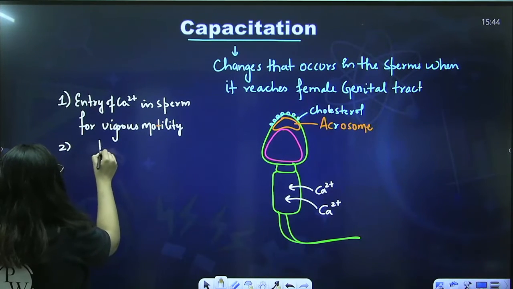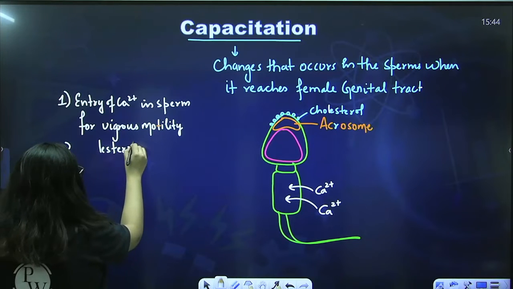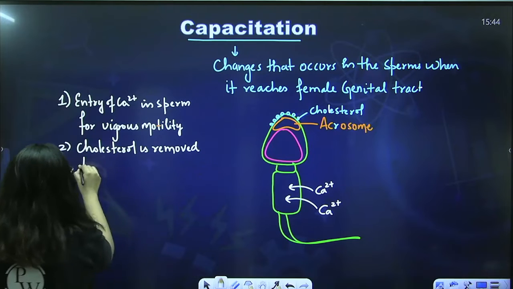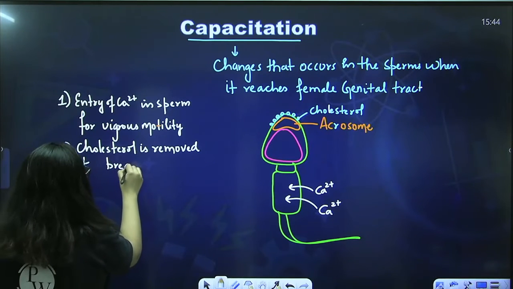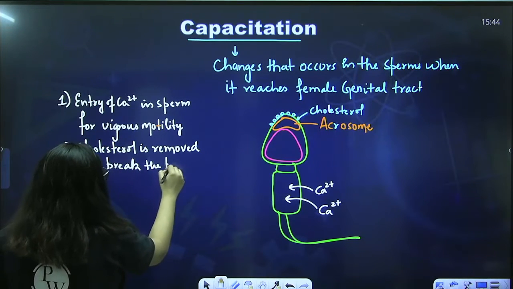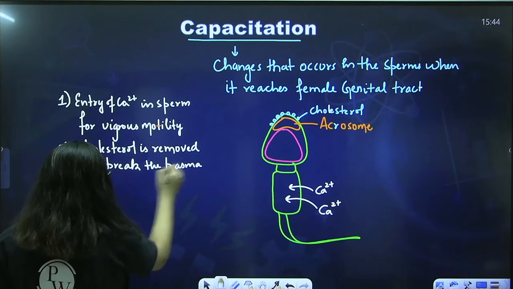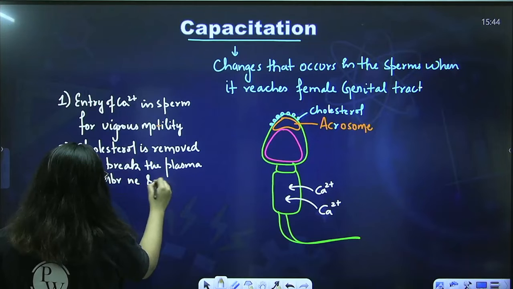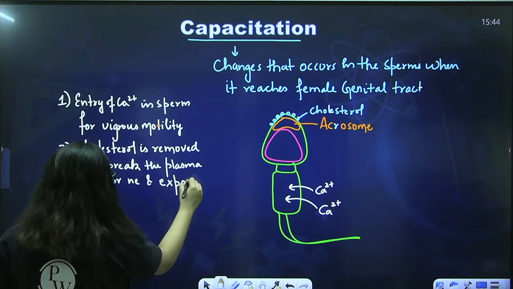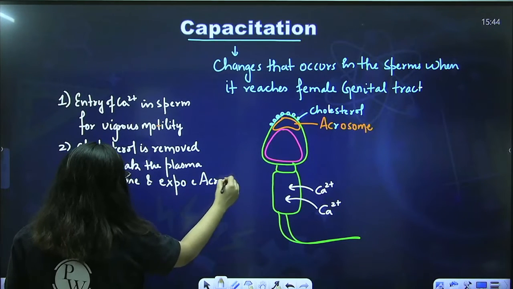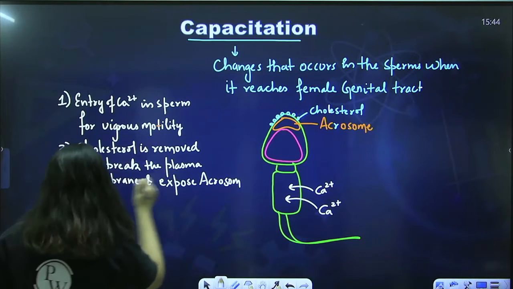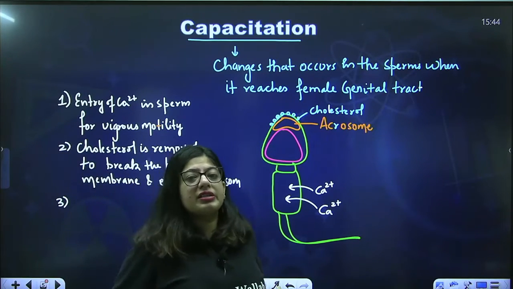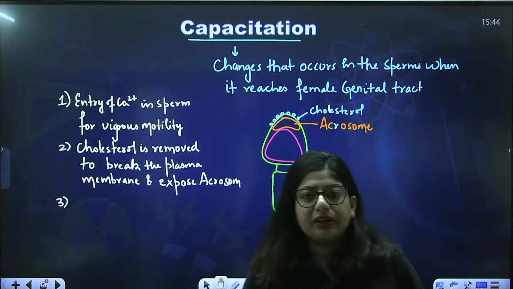Cholesterol is removed to break the plasma membrane and expose the acrosome. Fine. And the third very important change: when a sperm is in the male reproductive tract,